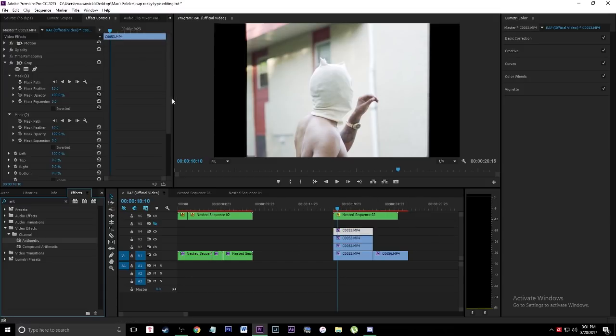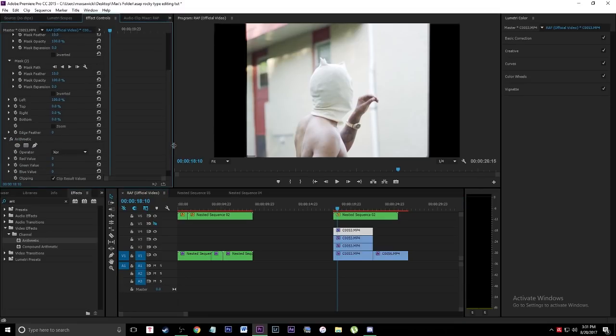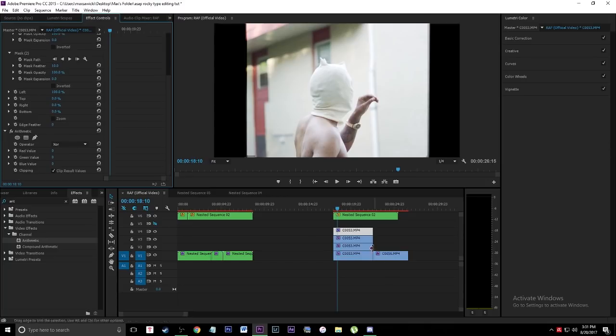Make sure you guys are following along very close for this effect, because if you learn it here and try to do it again without following along, you might mess up or miss a step. So make sure you are following along with the video while you're doing this. But anyways, select your very first clip, come down here to arithmetic in your effect controls, change the operator to